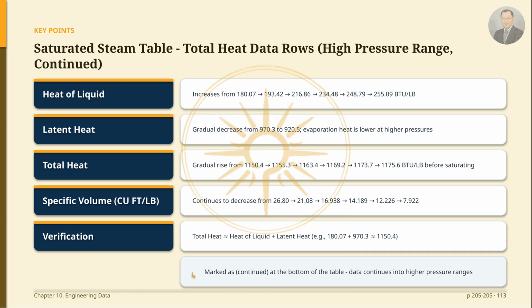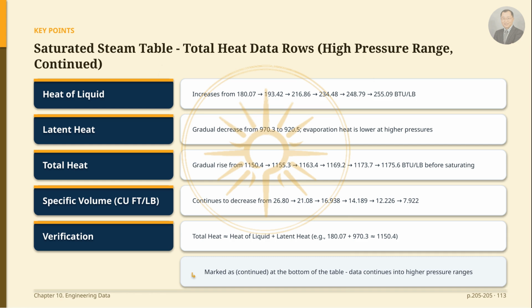The latent heat of evaporation gradually decreases from 970.3 to 920.5 BTU/lb. Continuing the previous trend, the heat required for evaporation is smaller at higher pressures. The total heat rises gradually from 1,150.4 to 1,155.3, 1,163.4, and 1,169.2, reaching nearly its peak at